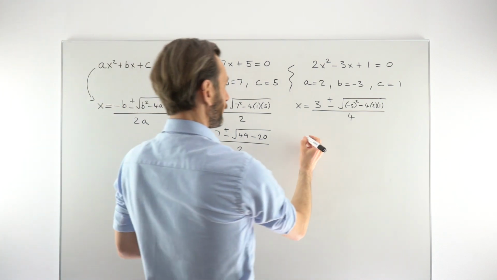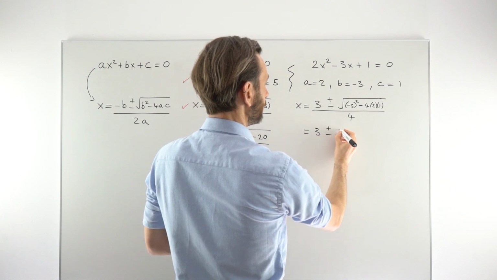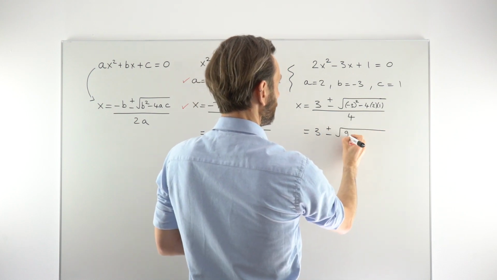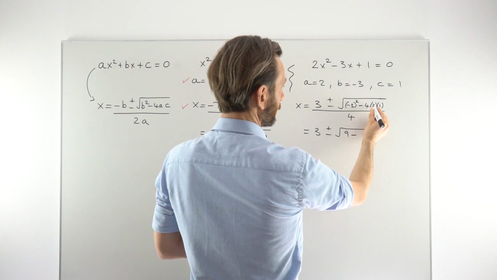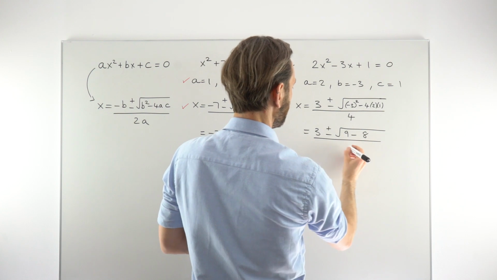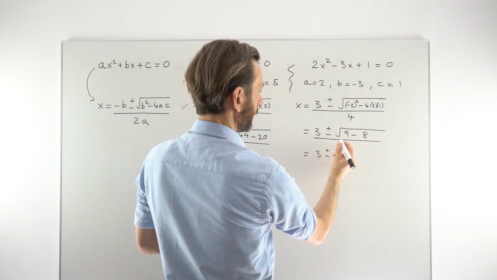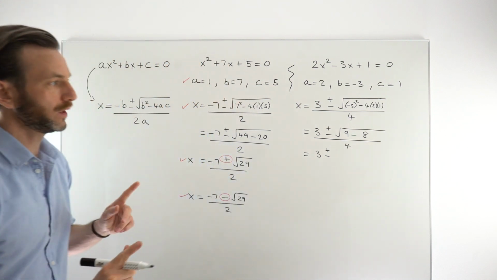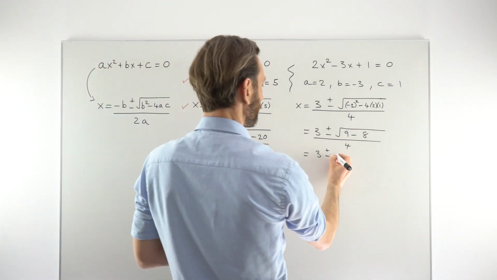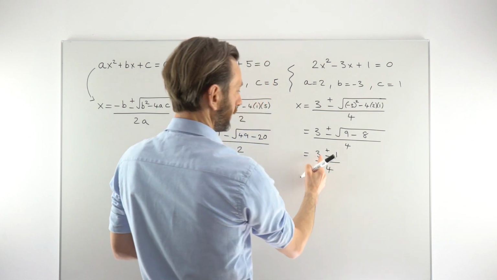Okay, so just taking this forward again. Nothing much we can do with the 3, just leave that. 3 squared is 9 minus 4 times 2 times 1, which is 8. So it's going to be like that. The numbers look a little easier this time. So it's going to be 3 plus or minus the square root of 9 minus 8, which is 1. Square root of 1 is 1. So we just get 1 over 4, and then 3 plus